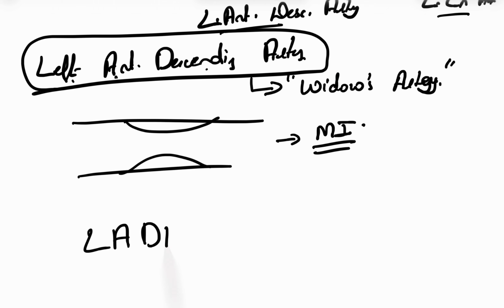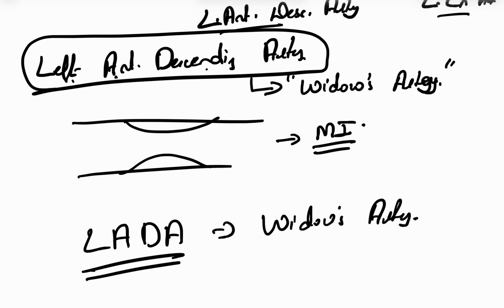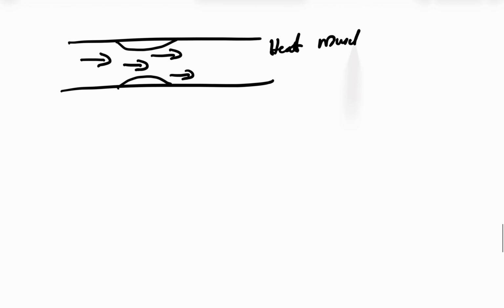Remember, left anterior descending artery is also known as widow's artery because that is the most common site of myocardial infarction. So when a patient has a coronary artery with atherosclerosis and there is an obstruction, it results in the reduction of oxygenated blood supply to the heart muscles. Obviously, when the heart muscles are getting a reduced level of oxygen, they are going to have ischemia or hypoxia. Hypoxia means reduction in the blood and oxygen supply, and that will result in